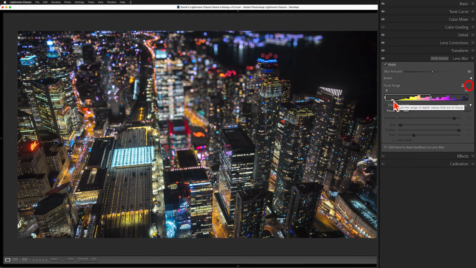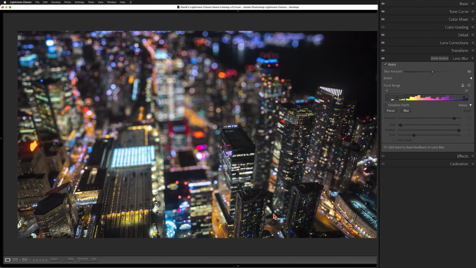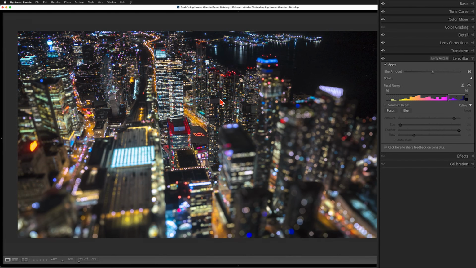To tell the AI what area I'm interested in, I can activate this little target button right here. Now, wherever I tap on the image will become the focal target. I can tap here, I can tap here, or I can tap back there. That's a nice feature, but it's really no different than moving the focal range controls by hand.